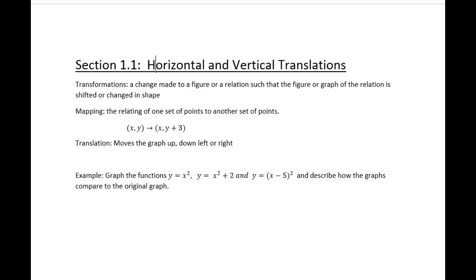Okay, so it's now -2 + 5, you're going to be at 3. And a -1 + 5, you're going to be at 4. 0 + 5, you're at 5. 1 + 5, you're at 6. And 2 + 5 is 7. Okay, so this is our new table. So then if we graphed this,